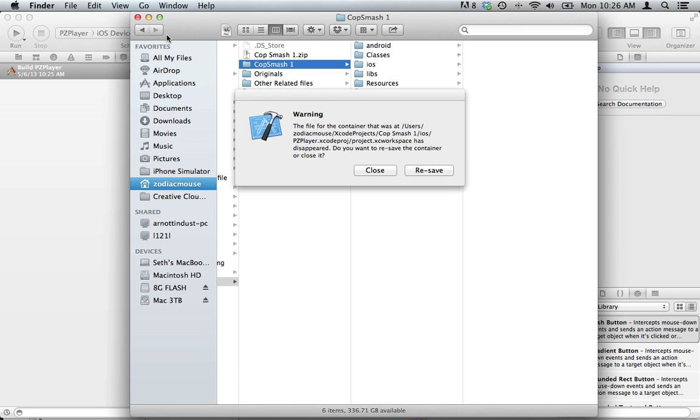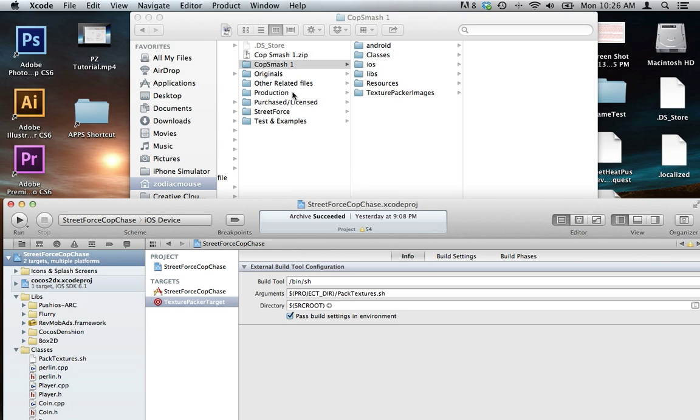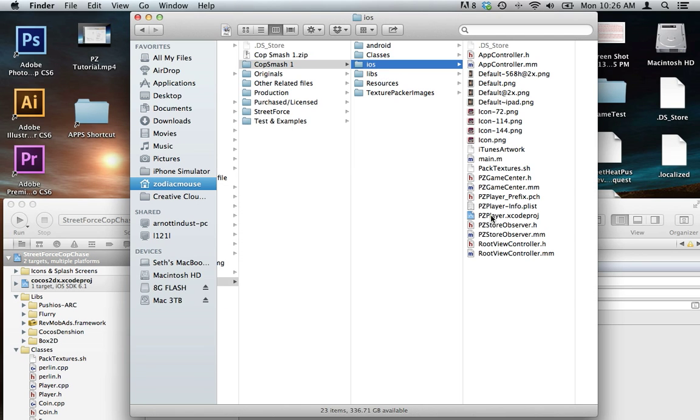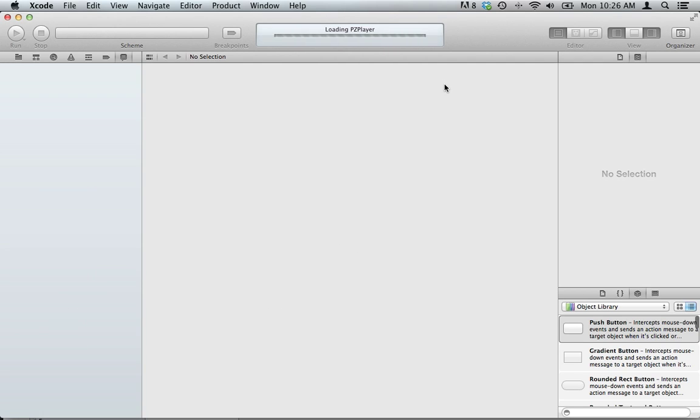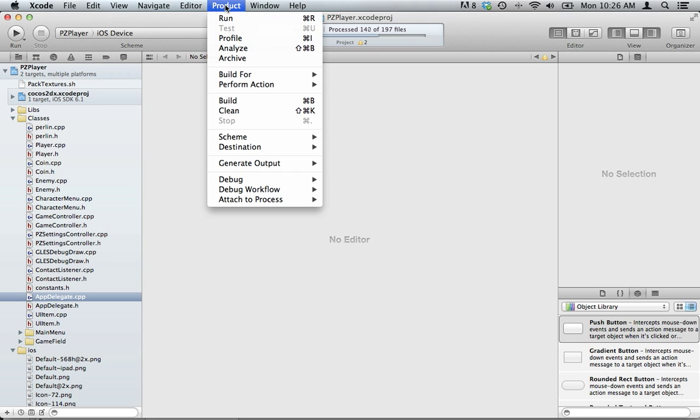Now we'll try running it. Oh, I'm going to have to reopen my game, too. So, yeah, since I renamed the folder that it's in, the computer forgot where it's at. So we're going to reload it here, and we're going to try to build it again. So make sure there's no spaces in your folder names. Oh, I'm still in the wrong one. Here we go. Product. We're going to try building it now,